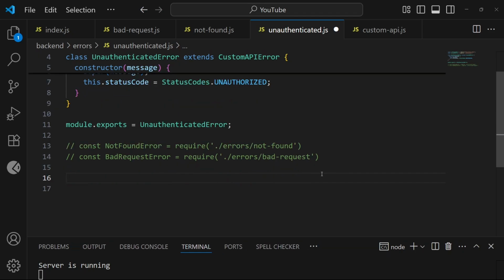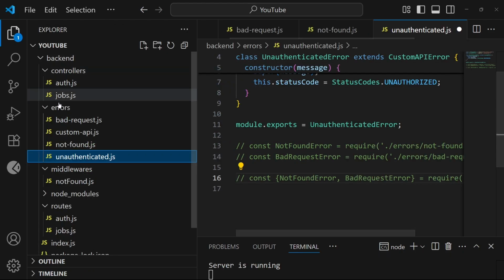But our life would be much easier if we could import all the errors that we want using a single line. So what we want to achieve is having const, then we would provide an object, then we would give it not found error and bad request error, and we would require it simply from the errors folder. Now we can achieve this functionality by defining an entry point to our errors folder. To do that, we're going to create a new file